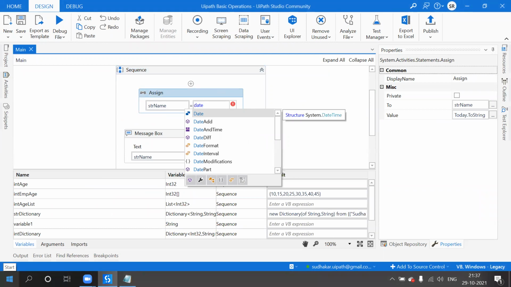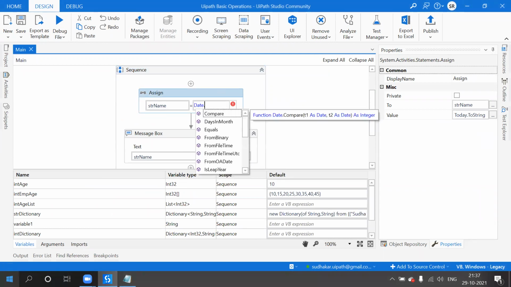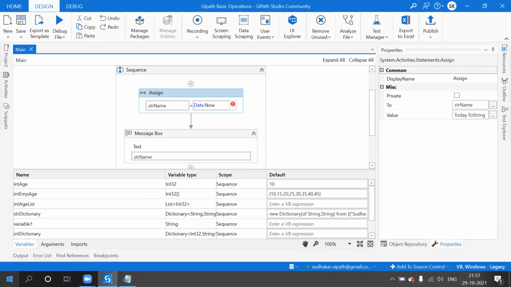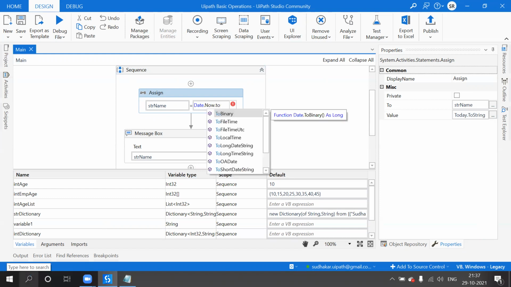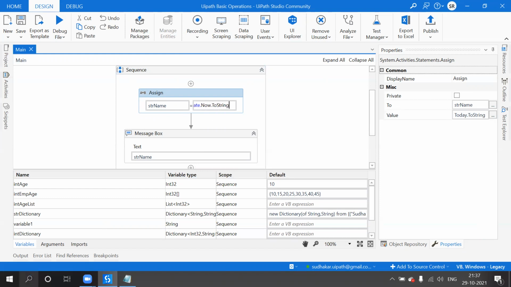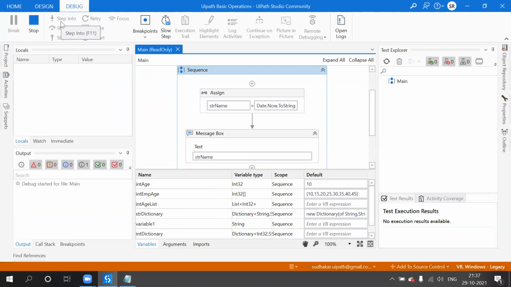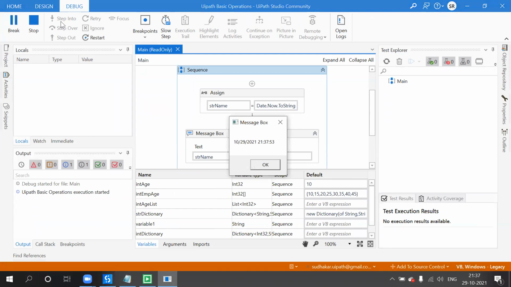Another one is date dot now dot to string. So whatever it may be, by default it will be considered as a string. That is the reason we are always giving the dot to string method.